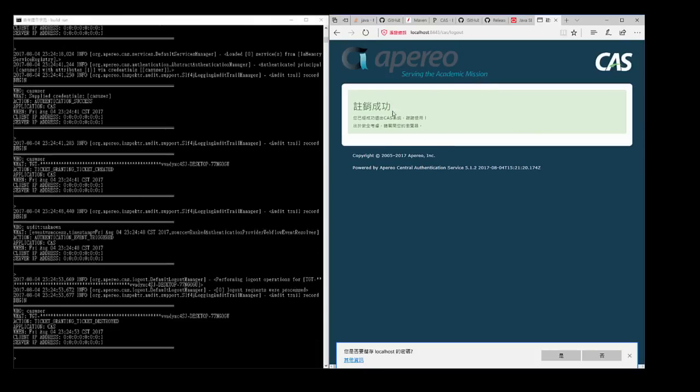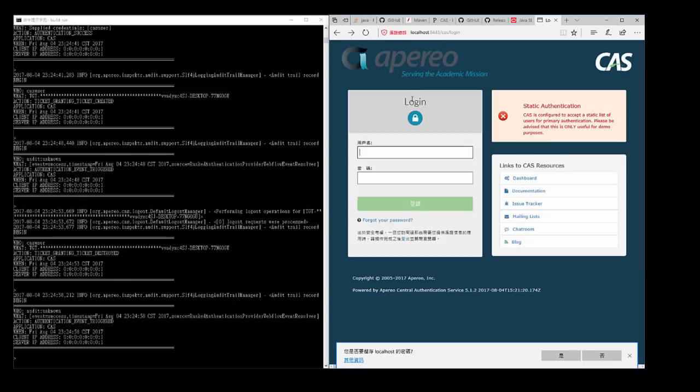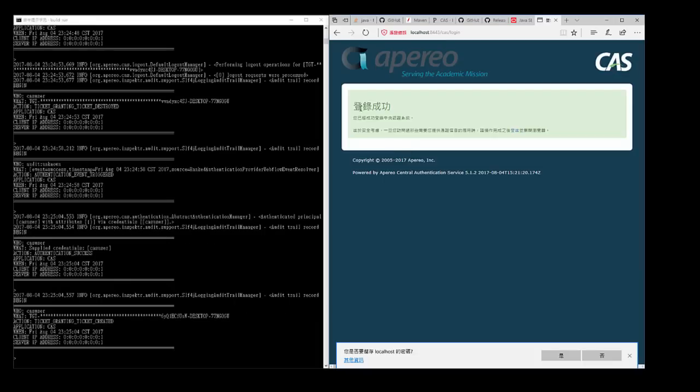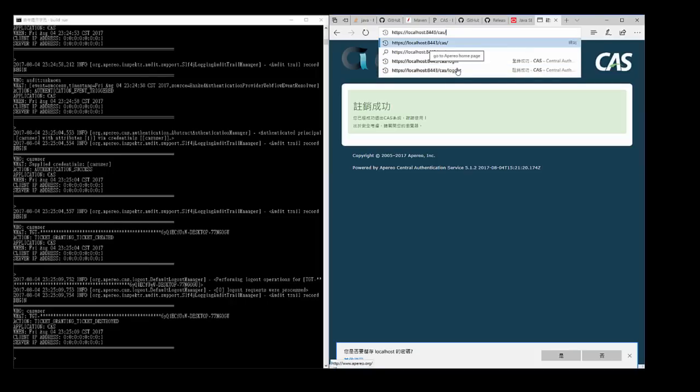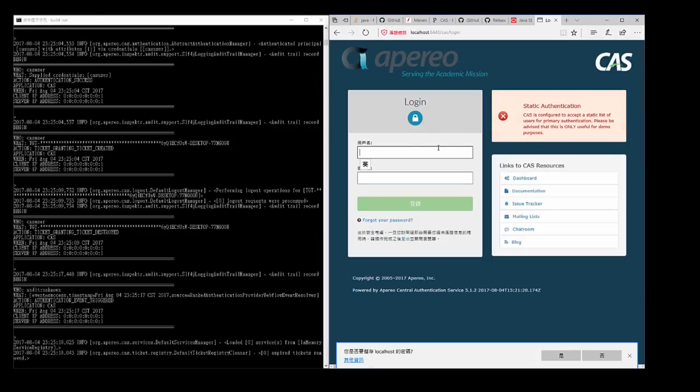I wanted to display English, but let me just explain. So this is login. When I log in here with the correct password, it says login success, and when I click here, it says logout success. And if I delete this, it means I want to go to the home page, and it will redirect me back to this page here, and you can see a lot of things happen on the left here.